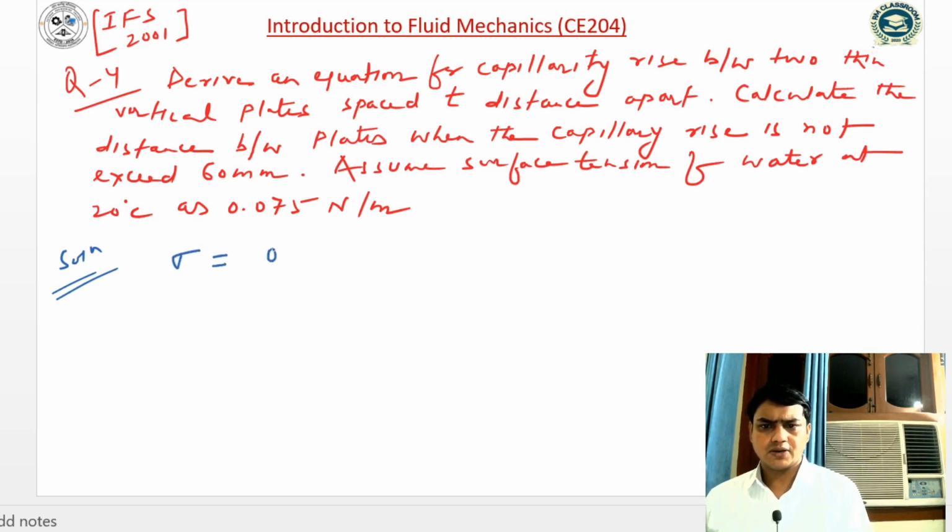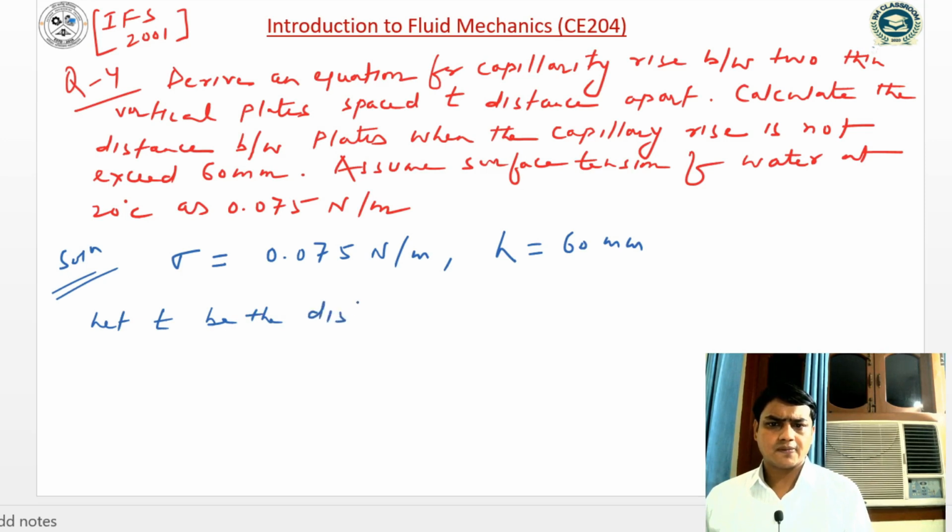So sigma is given 0.075 Newton per meter, and capillary rise is given 60 mm, and we have to find the